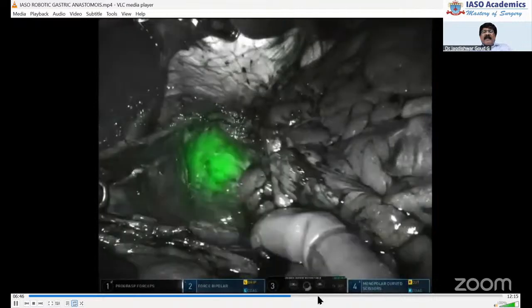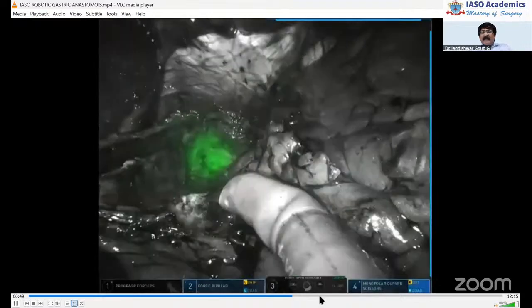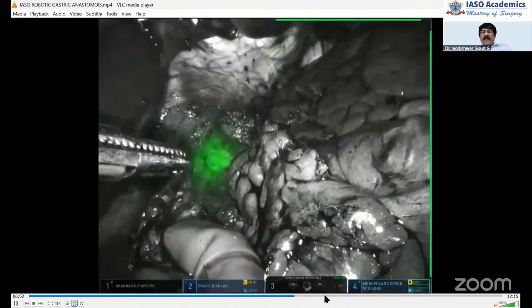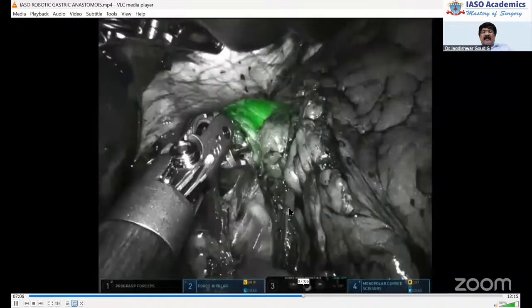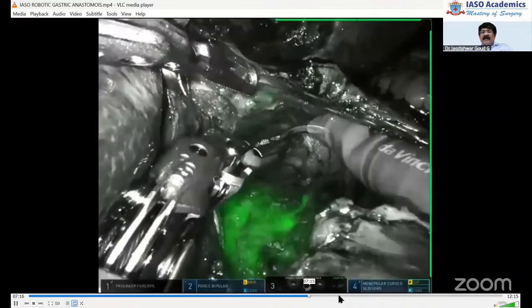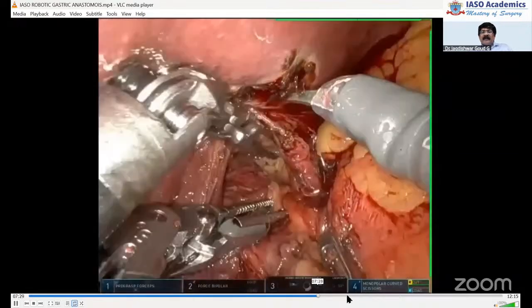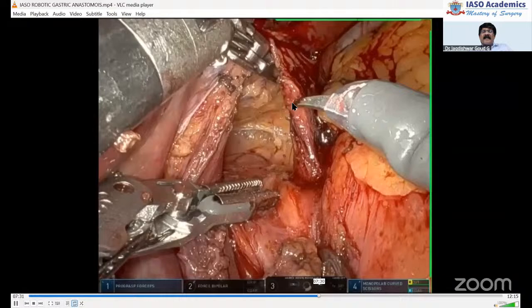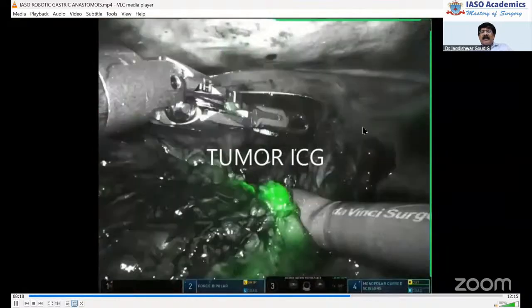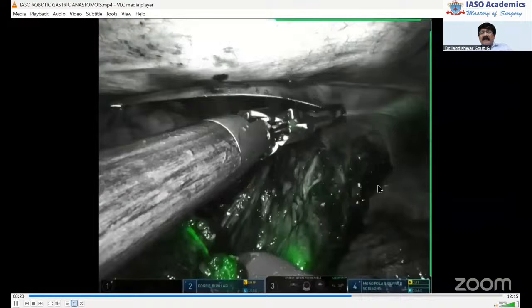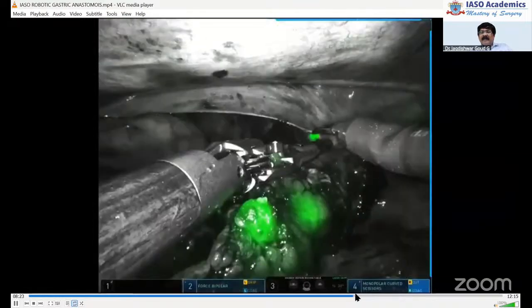And then we went inside. Once we mobilized it, we pushed the specimen into the esophagus. That's how we do the transhiatal dissection. And then this is intrathoracic. If you can see the tumor here, 2 centimeters above, up to near till the azygos vein, we mobilize it,